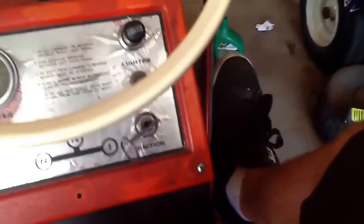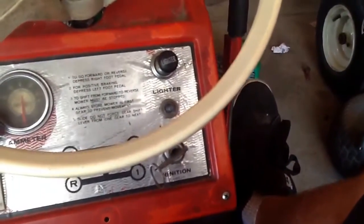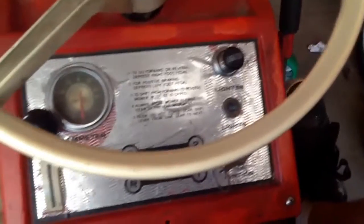But it's got a cigarette lighter that doesn't work right now. It doesn't work no more. Gotta fix it. And an amp meter that I think works. It starter generates a